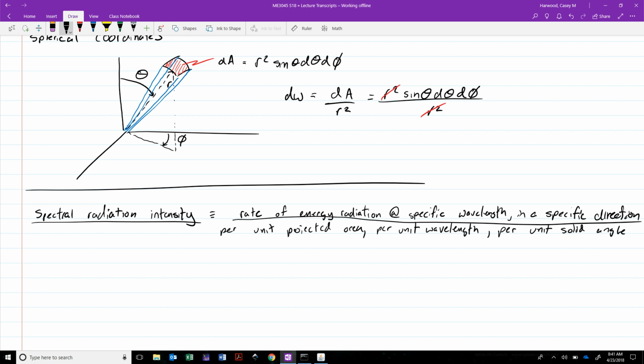Okay, and we define this, it's known as this variable I,